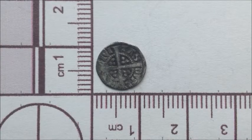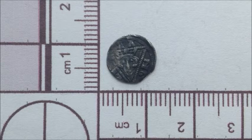Right, so the next coin up is an Edward I Irish farthing. On the reverse it states Civitas DVBLINIE, which stands for Dublin, which means obviously that this coin was made in Dublin Mint. It has the standard 12 pellet and the long cross, as we can see, and this coin dates from 1272 to 1307. Farthings alone are still very rare due to their minuscule size and therefore can be easily missed by